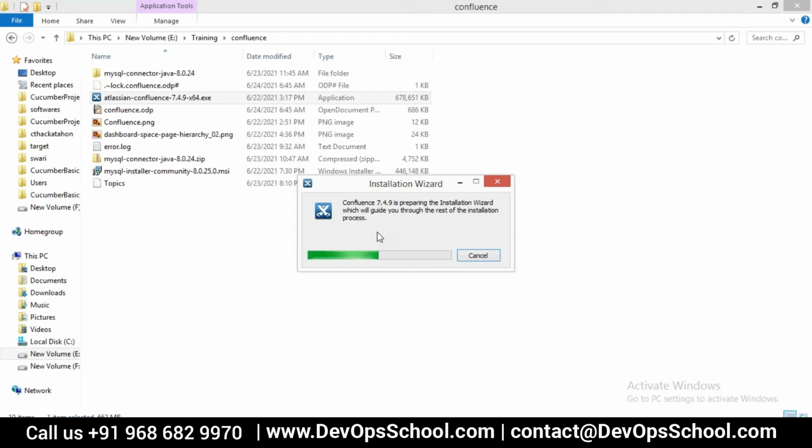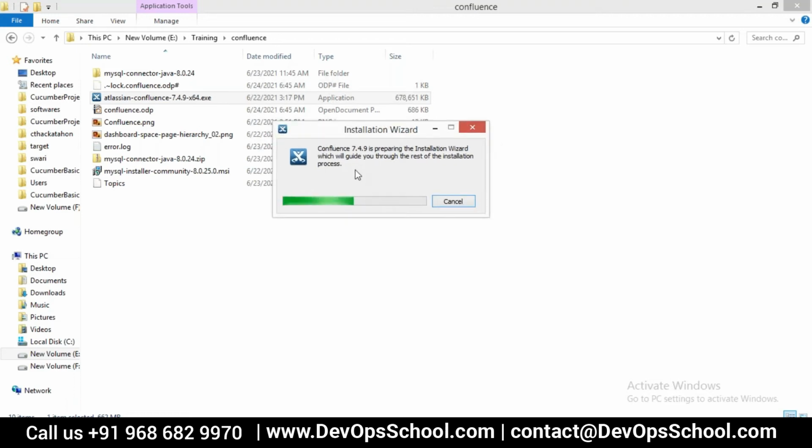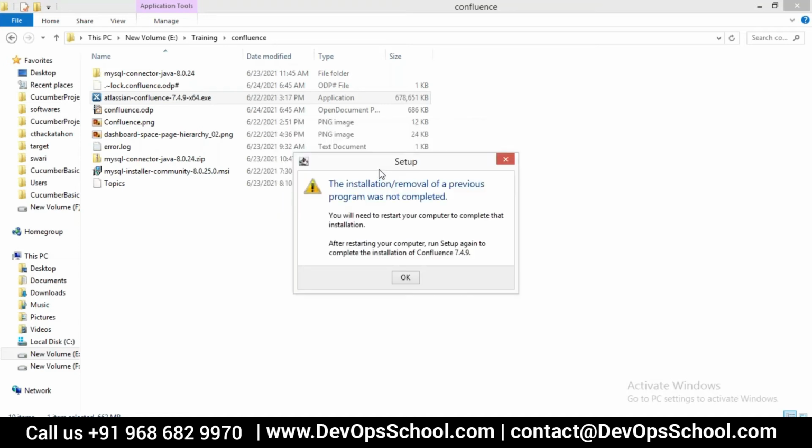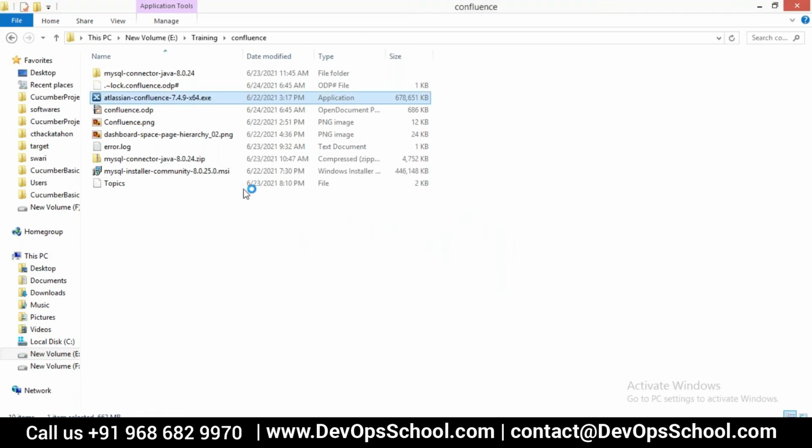We have to be a little patient here because Confluence setup takes some time. The installation of your previous program was not completed. You have to restart your machine to complete that installation. Please complete the installation of Confluence 7.4.9. Okay, let me check what the problem is.